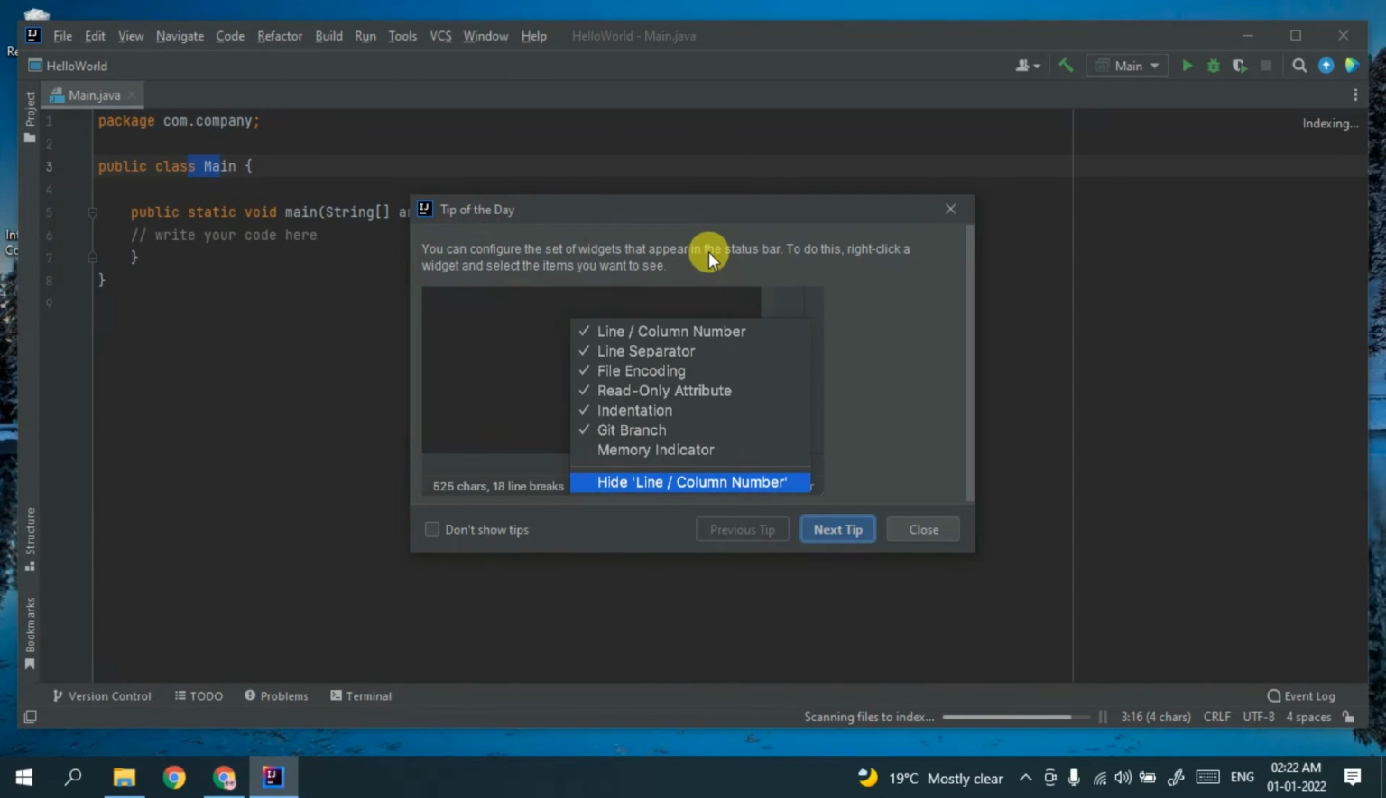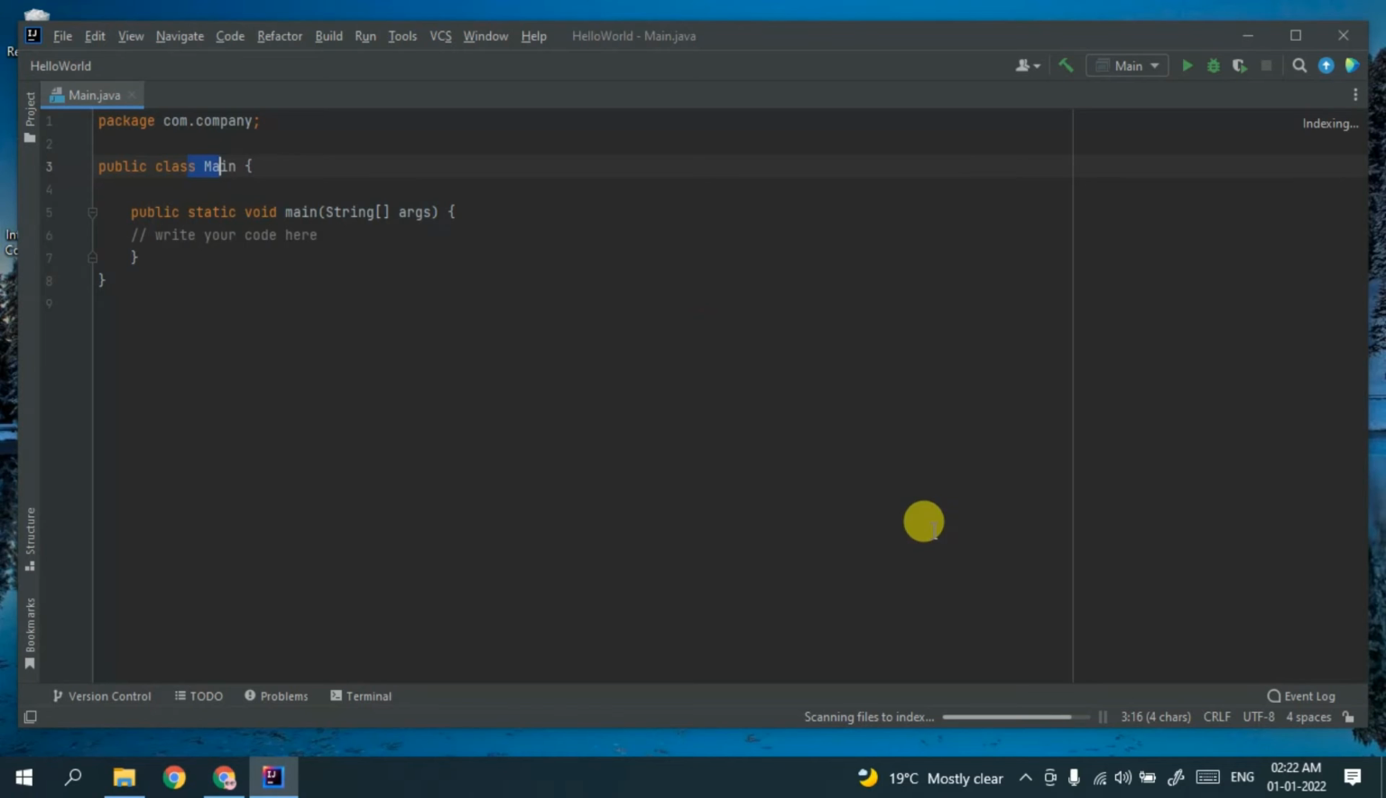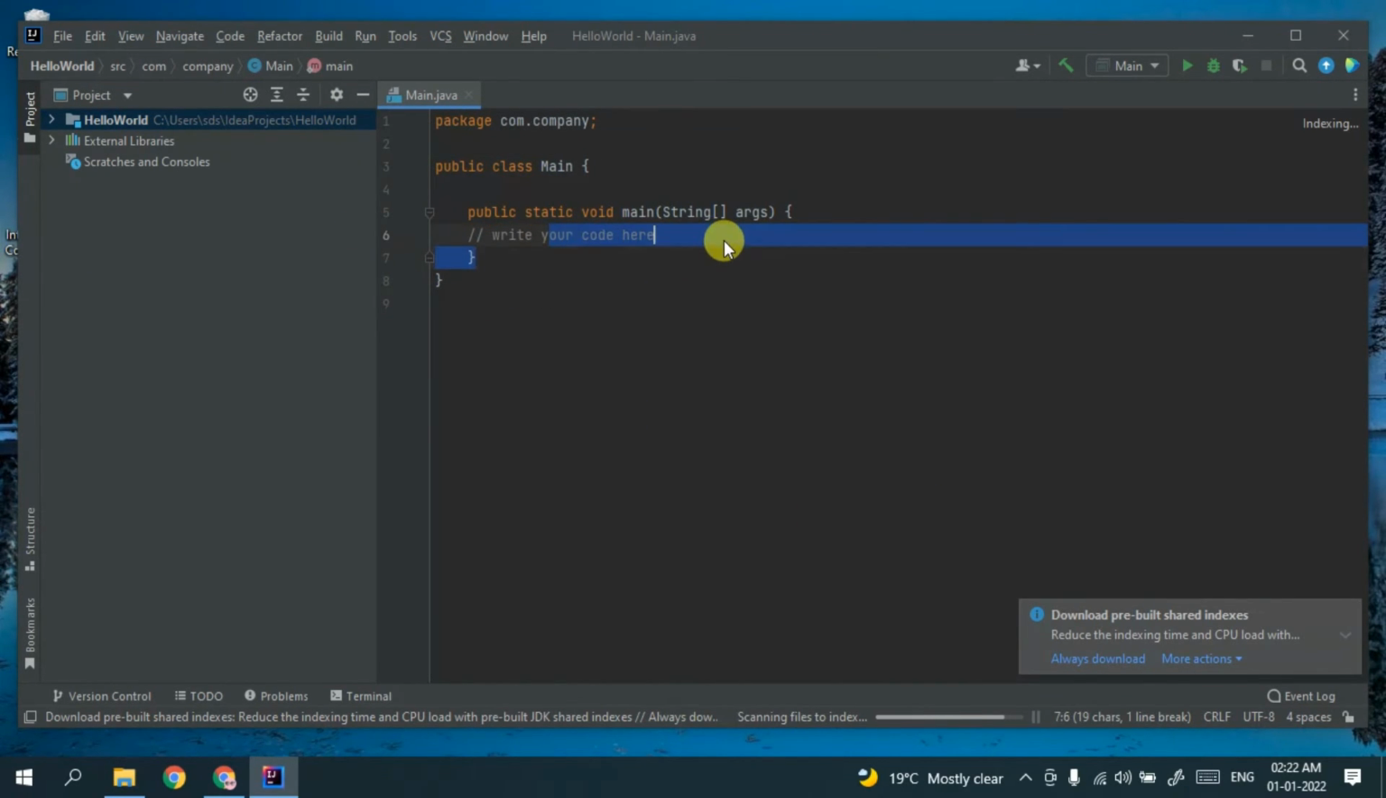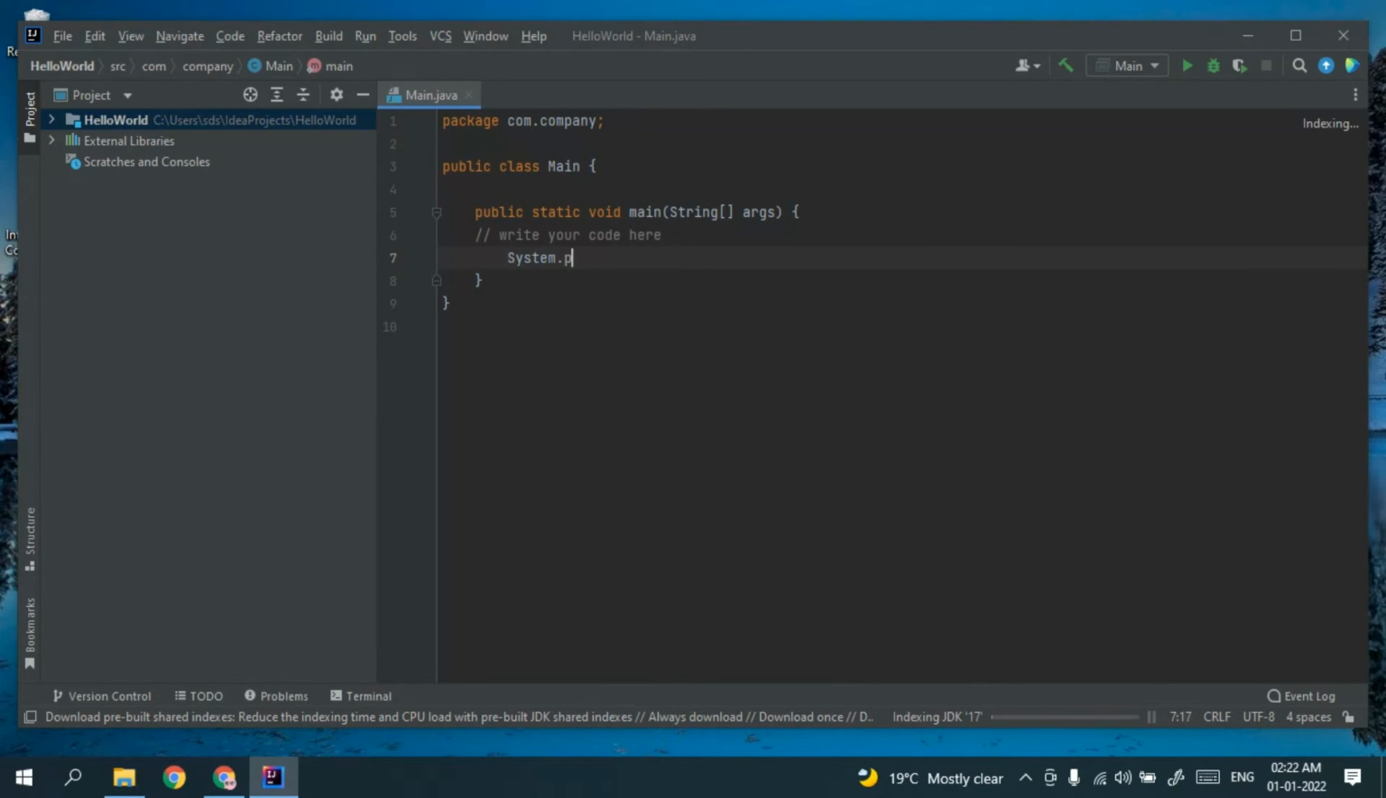but it's currently showing some tip of the day. You can just simply close it for the time being. And here they are telling you to write your code. So just simply hit enter, then type system.out.println, and we are going to print hello world over here, right? So just write that much, end with a semicolon, and then click on this run